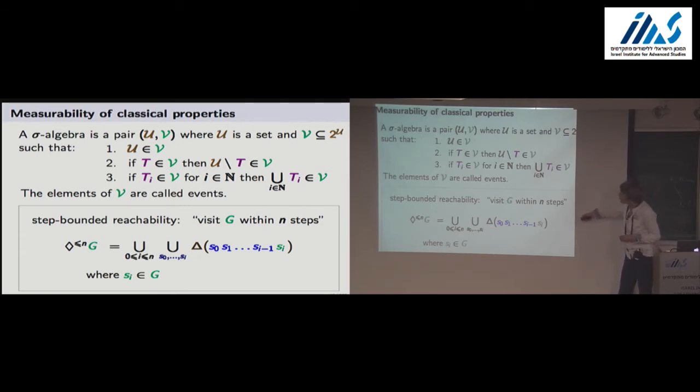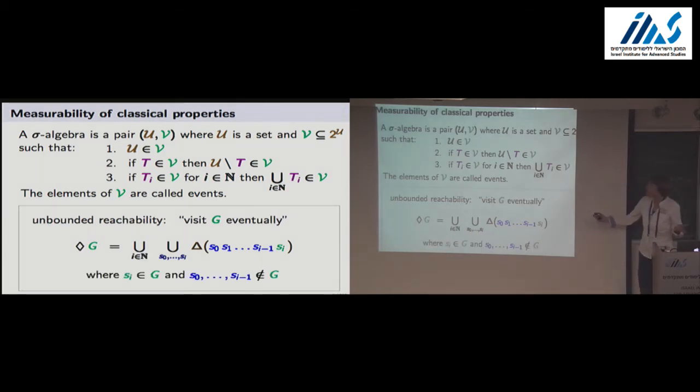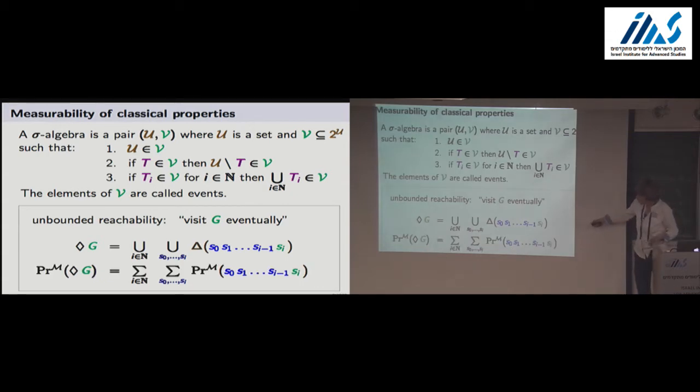We can even make sure that these are disjoint by adding the constraint that none of these blue states belongs to G, because then we could stop already there. Well, then we have here again a finite union, and all these sets are disjoint, which means for the probability this union becomes a sum. And you can do the analogous thing for eventually without any step bound. Then you can also, with this side constraint that none of the blue states belongs to G, get here a sum, but now the sum is an infinite one.